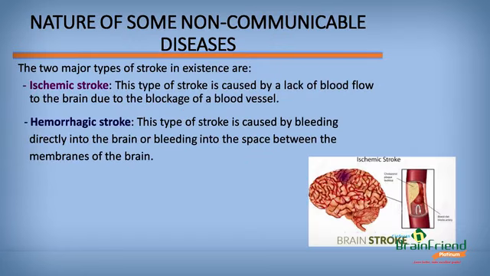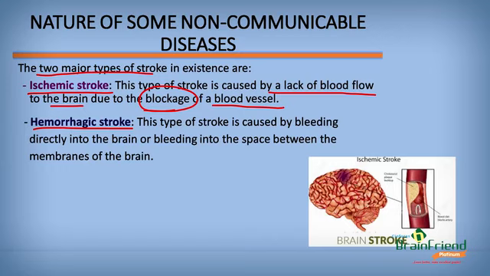Now we'll look at types of stroke. We have two major types of stroke in existence. They are ischemic stroke and hemorrhagic stroke. Ischemic stroke is caused by a lack of blood flow to the brain due to blockage of what? A blood vessel. So when a blood vessel has been blocked in the brain, blood can no longer flow through that vessel